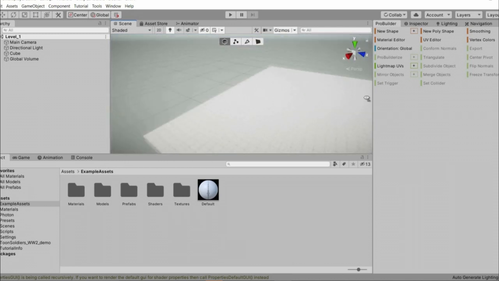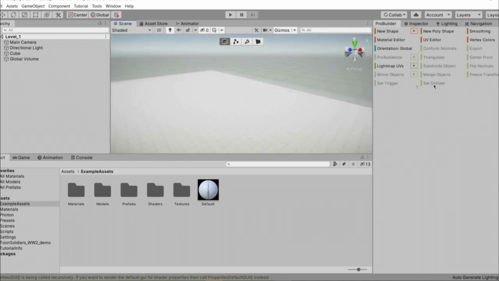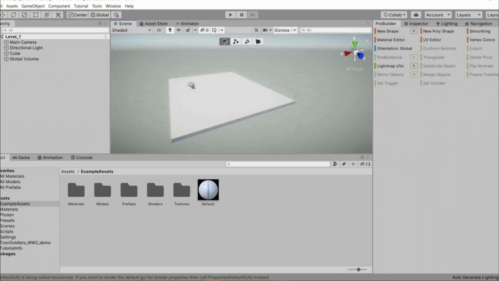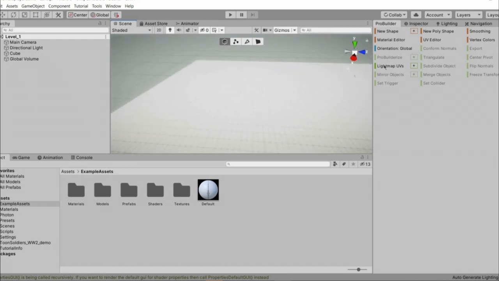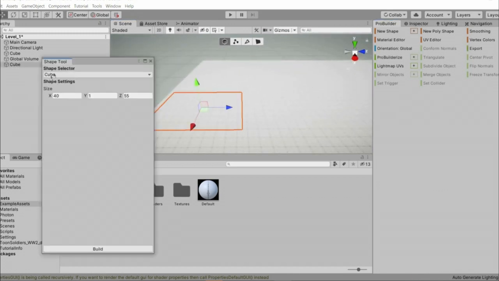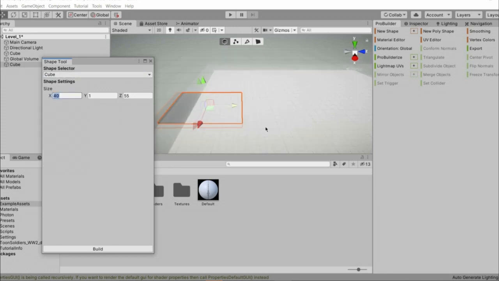So I won't be taking you to a deep understanding of this ProBuilder, but rather I will get you to do something using it. What you can do is just add a tool. We need to add a border, right guys? So what you have to do is create a cube, and here what we are going to do is, instead